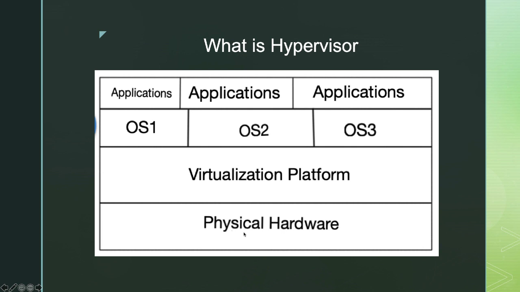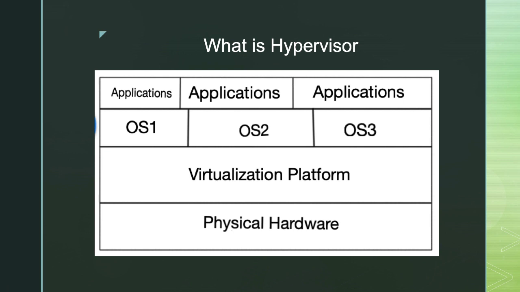That's how it works. However, if this being the norm, then the guest machine or the virtual platform will not work. If you want additional operating systems, like instead of OS1 you want a couple more, OS2 and OS3, it has to go through some other platform, some other medium, and that medium is a virtualization platform, or the hypervisor core. So your operating system talks to the hypervisor, and then the hypervisor talks to the physical hardware.